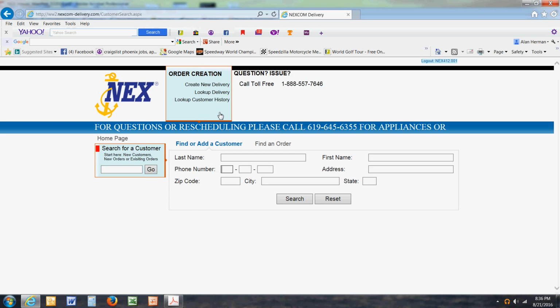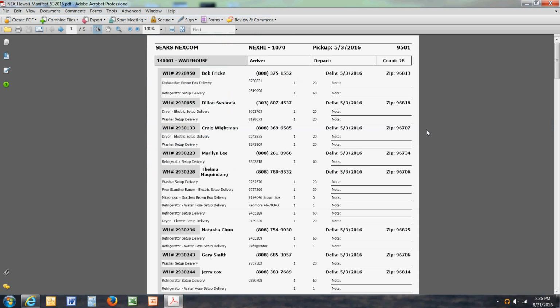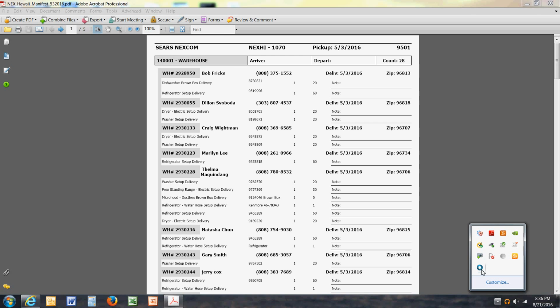So again, administrative functions. There's user ID creation, there is menu item modification, and there is manifest or reports, whatever we want to call it. So that's basically an overview of what we need for the system entry, for the order entry, and then what we need in the way of reporting. At this point, that would end